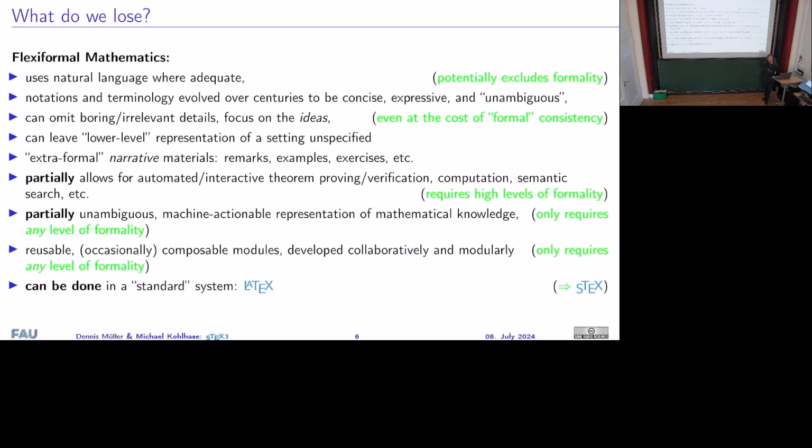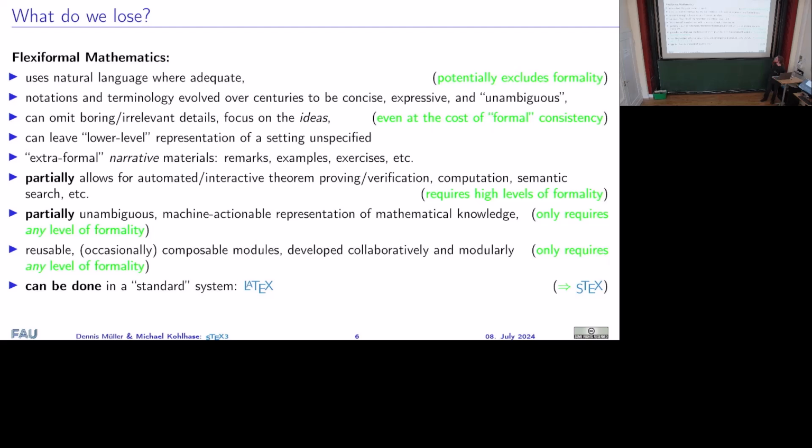And of course, the more we do that, the more we lose useful features, like for example, fully automated or interactive theorem proving, unless of course we go the fully formal route, at which point we also inherit all of the drawbacks of formal mathematics. But staying on the spectrum basically allows us to select the point where we think the trade-off is the most worth it for whatever our current application is.